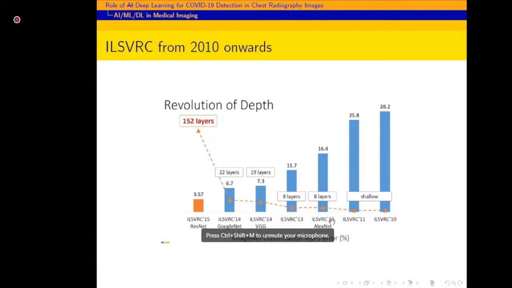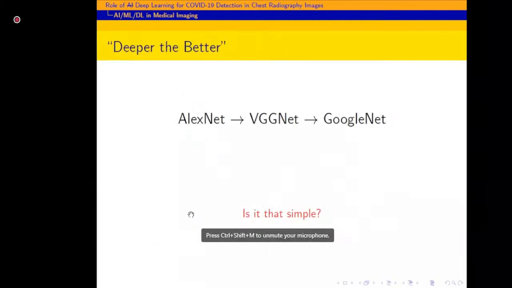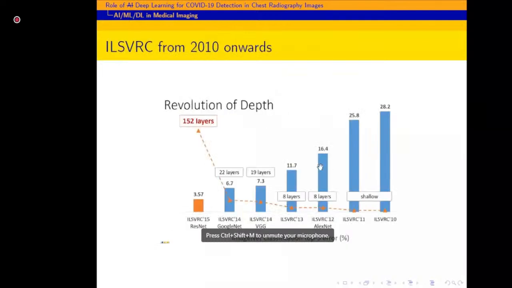But later in 2012, when AlexNet came into the picture, if you look at the error rate, it suddenly dropped from 25.8 to 16.4. That's a huge gap. Then over the years, you will find the importance of GoogleNet, VGG, ResNet, DenseNet, ShuffleNet, EfficientNet and others. And one more thing I must highlight here is that over the years you will find the models,